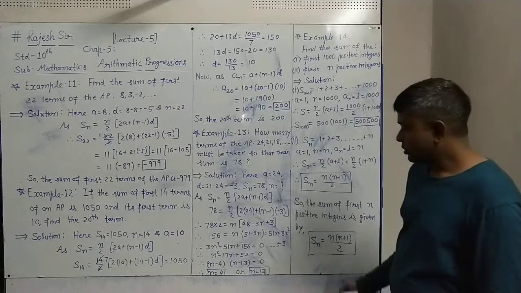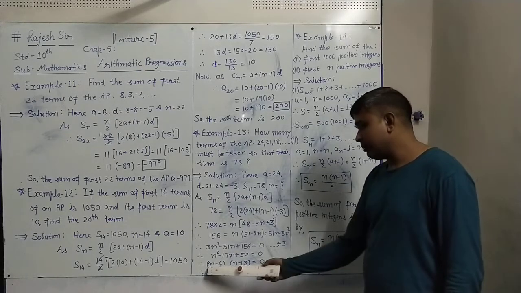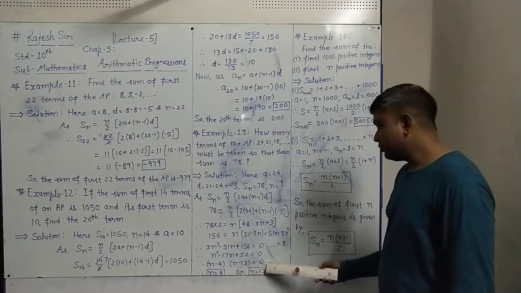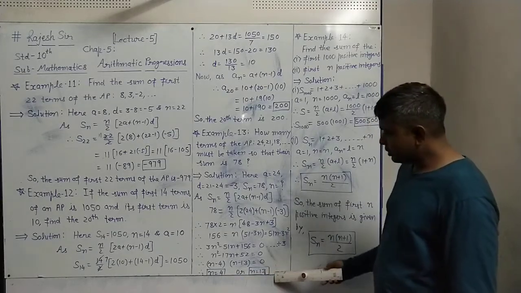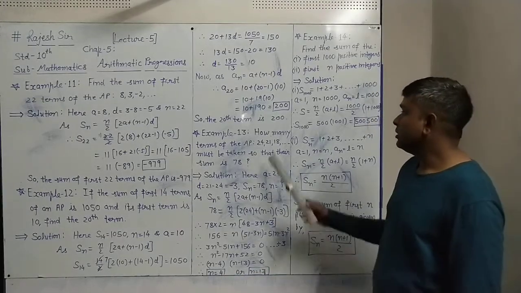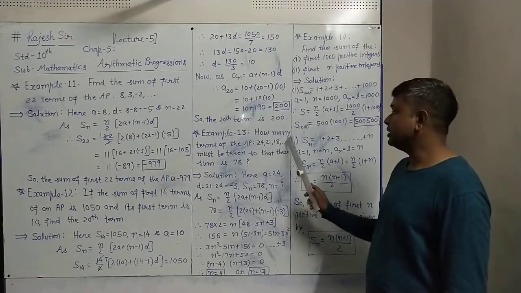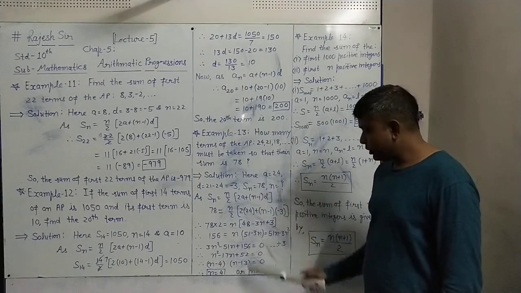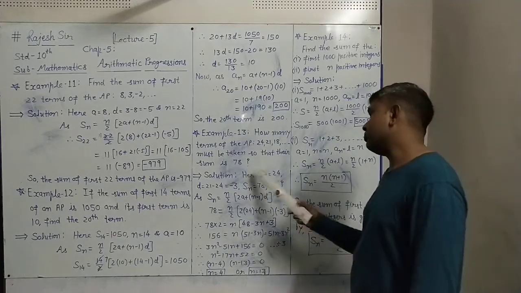Equated with 0, it gives n minus 4 equal to 0 and n minus 13 equal to 0. So n minus 4 equal to 0 gives n equal to 4, and n minus 13 equal to 0 gives n equal to 13. So n equals 4 and n equals 13 are both possible. It means if you take the sum of the first 4 terms, the sum will be 78, and if you take 13 terms, then also the sum will be 78.